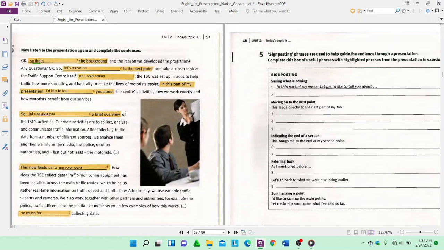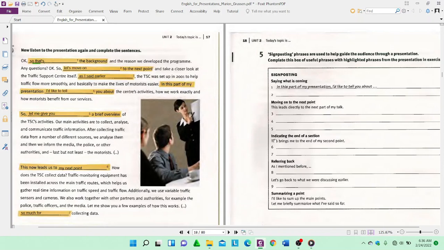As I said earlier. So it's like you have explained point number one, and then you want to move to point number two, and you can do it by saying, as I said earlier, right? And number four, as well as number five, I think let's make it faster because we have talked a lot about this in the previous meeting, right?